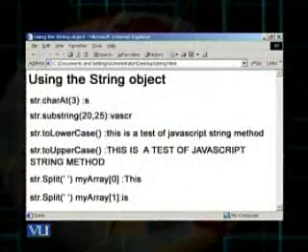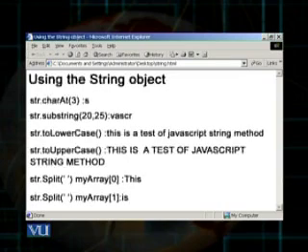You can notice on the slide, using the string object, this is the h1 heading, then string dot char at 3, and the character at the index 3 is S, so therefore that is displayed. String dot substring 20, 25.